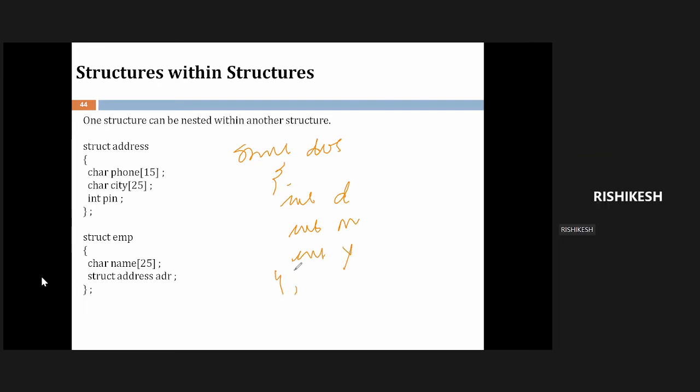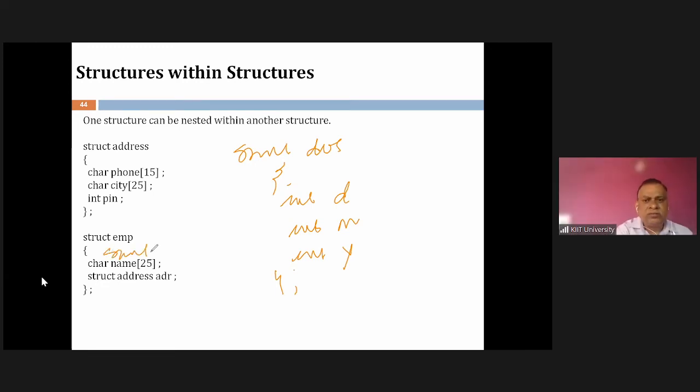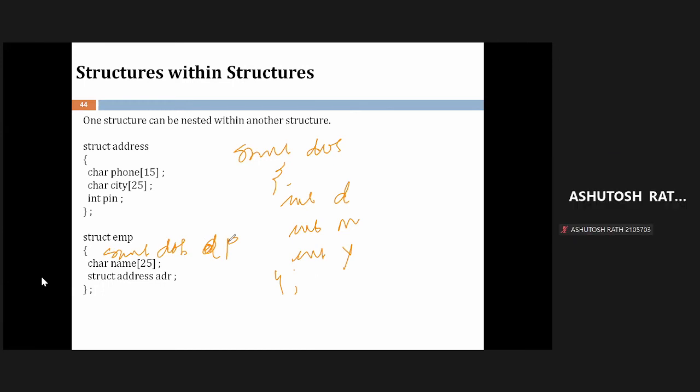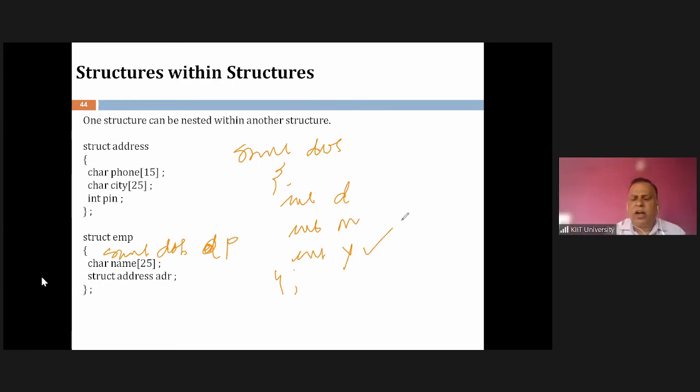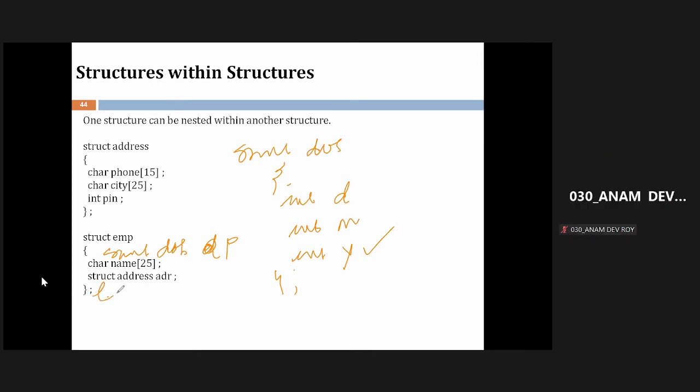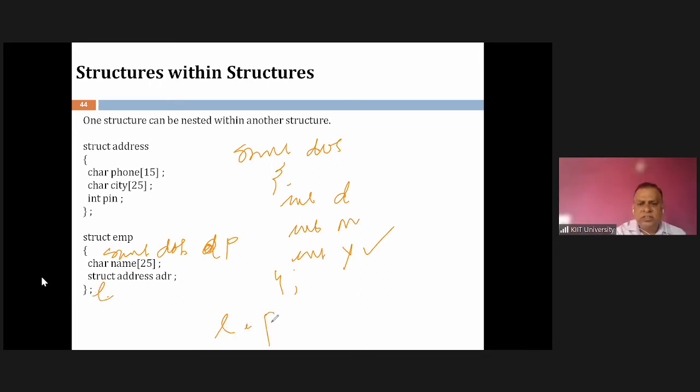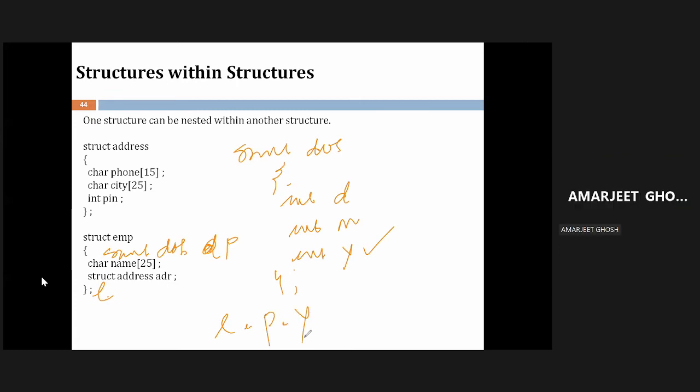Yes, sir. And then here I could give a struct date of birth, say P. So how do I access the year of the date of birth? E dot DOB dot Y.